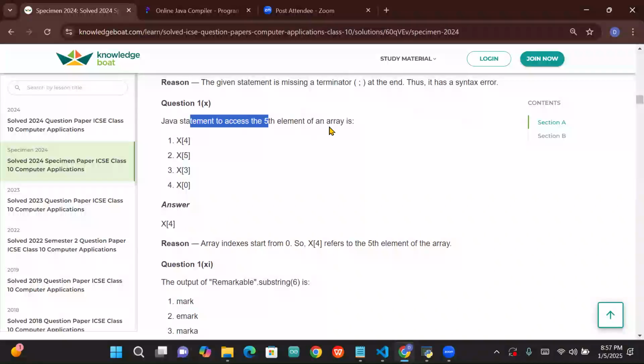Now, the Java statement to access the fifth element of the array. Again, I'm telling you one thing, that I am assuming that you know the basics of the things. So because otherwise, if I go into the absolute basics,